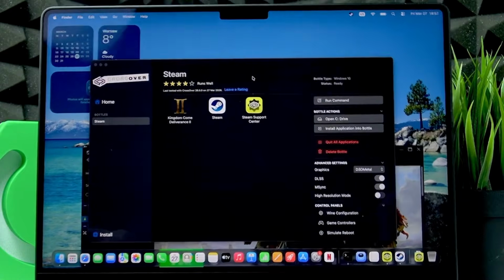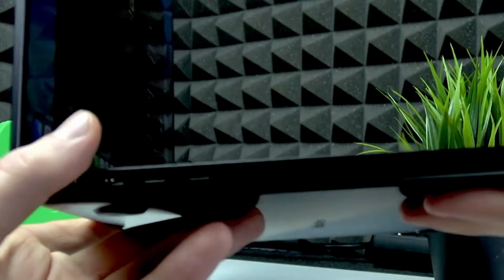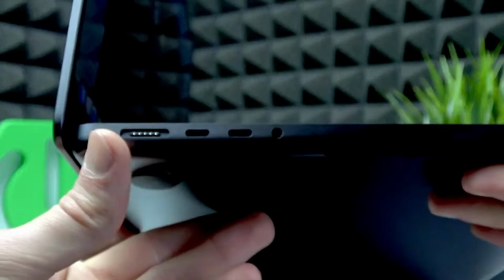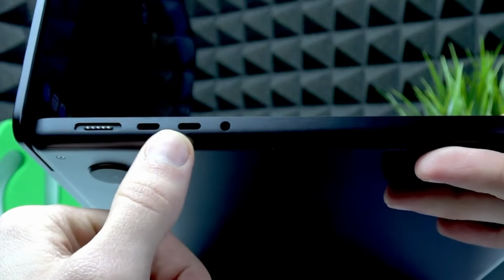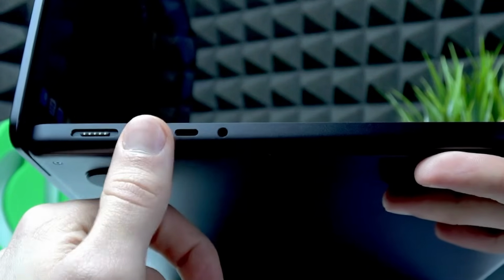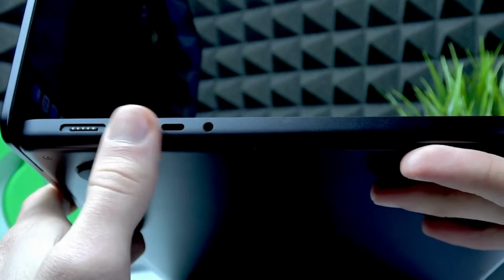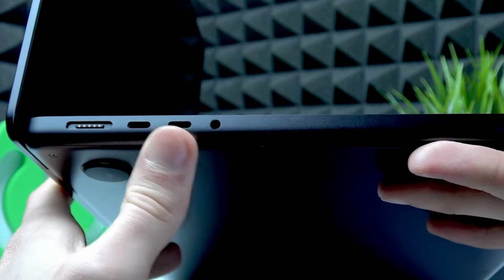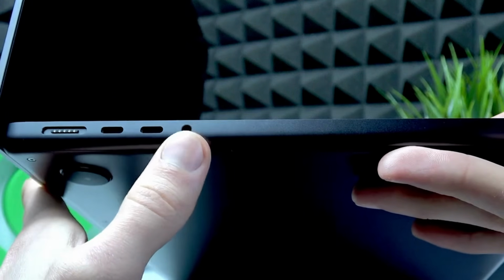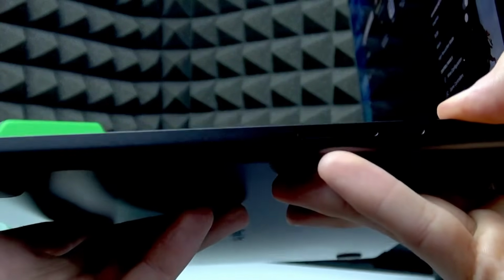So this laptop has 7 different ports. On the left edge of the laptop, we have the MagSafe charging port. We have 2 Thunderbolt 5 ports that can transmit data with up to 80 gigabits per second speed. We also have this mini jack port, and on the right edge we have the